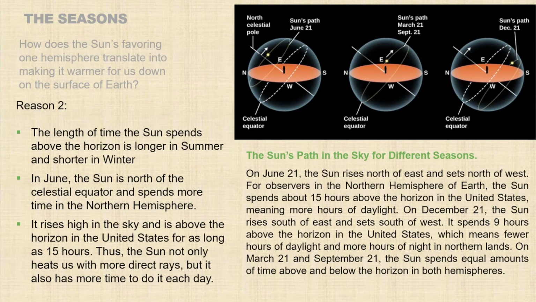In Texas, it can be as long as 15, 16 hours of daylight. Again, because of that geometry, because of that tilt, during the summertime, the sun rises far north, towards the north, and travels a longer path in the sky, spends more time,